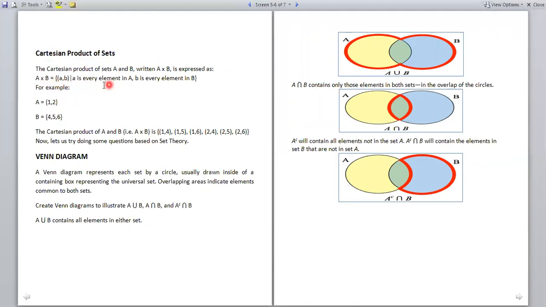That means A is every element of set A, and B is every element of set B. So when we apply the Cartesian product to different sets, the resultant set contains the combination of all the elements of A with all the elements of B. Now you can see it contains 1 4, 1 5, 1 6, 2 4, 2 5, 2 6. So the Cartesian product is a set of pairs (A, B), written as A cross B, containing all the elements, where A is every element in A and B is every element of B.